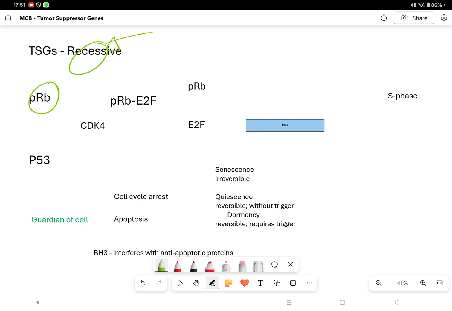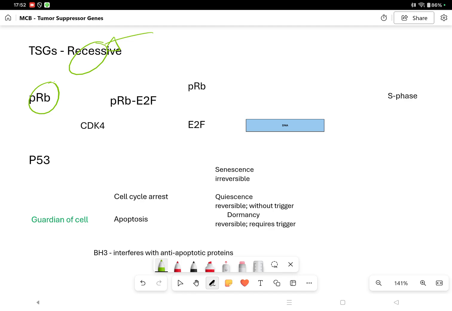of the retinoblastoma, which is a rare tumor occurring in children, typically under 5 years of age, and this is a cancer of the eye. It is usually suspected when children have a photograph taken and the red reflex is absent. So tumor suppressor genes are recessive, which means we need a homozygous recessive for it to be expressed. Knudson's two-hit hypothesis. The two tumor suppressor genes that we've got are pRB, the retinoblastoma gene, and